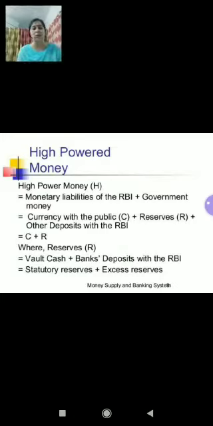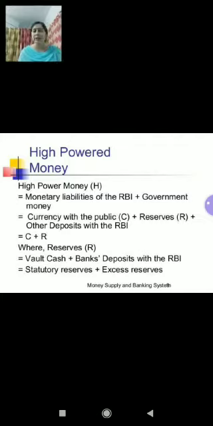The monetary base is referred to as high-powered money. Why? Because the monetary base has a multiplied effect on money supply. The term high-powered reflects the fact that an increase in the central bank money leads to more than one increase in overall money supply and is therefore known as high-powered. Thus children, high-powered money is the form of deposit, bank money, which is being circulated by the RBI basically, right children? So we can say in short that high-powered money consists of currency held by the public and the banks and the deposit held by the banks as a reserve with the central bank.